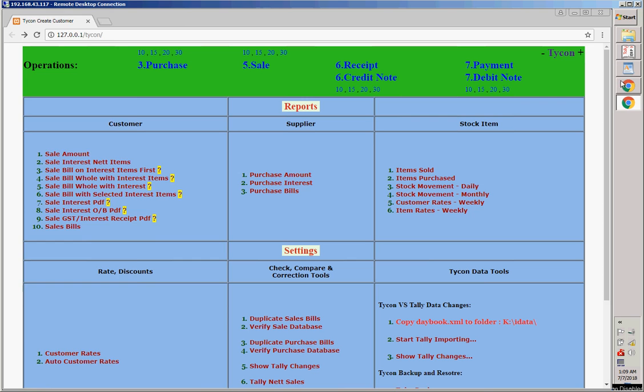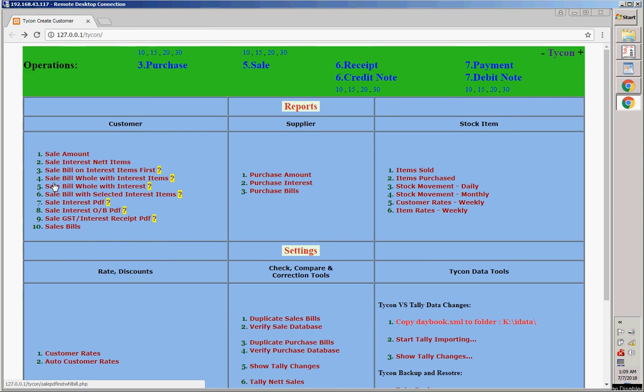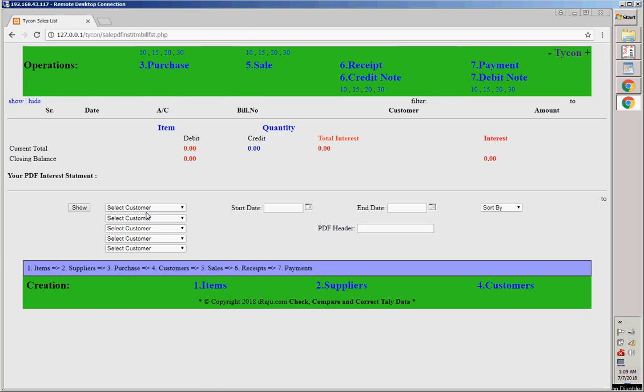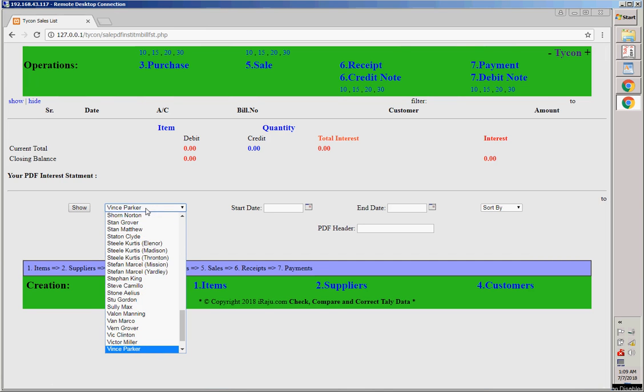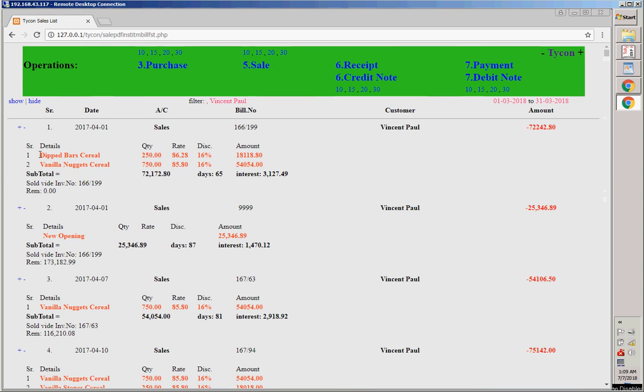Okay, let's go to the next step, that is viewing the different interest rates. So I will show you how. Let's take the third one, sale bill on interest items first. We select this, we select a customer and say show. Okay, as you can see, the red here is the interest items that have interest calculations on them. So as you can see, interest is calculated on these, and this interest and this total